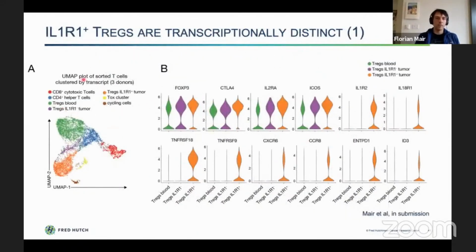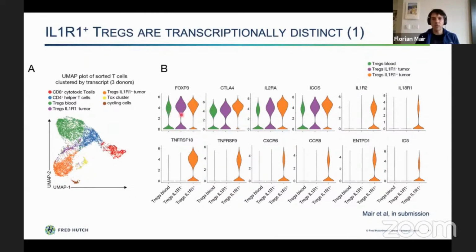So in this case, we performed a targeted transcriptomic single-cell RNA-seq experiment. I'm not going to show you all the data, but what I'm focusing on here is that we had 3 donors, and this is compiled data of the 3 donors. You can run whatever is your favorite clustering algorithm, like the PhenoGraph implementation of Seurat. The point being, though, if you focus on these violin plots, you can see the